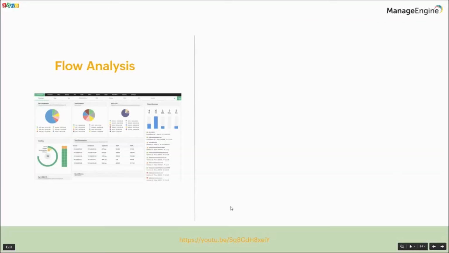The first add-on which we are going to see is flow analysis. As we have seen, ManageEngine's NetFlow Analyzer is nothing but a bandwidth monitoring tool which performs an in-depth traffic analysis based on the various flows coming into your network.